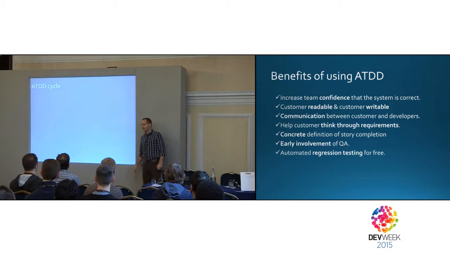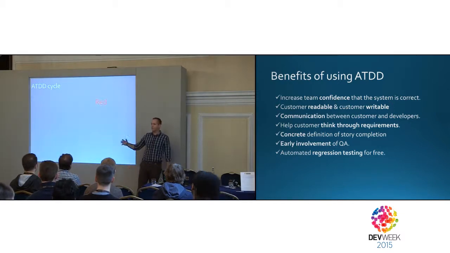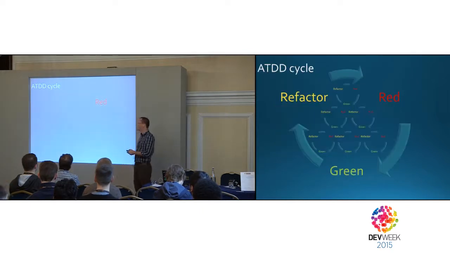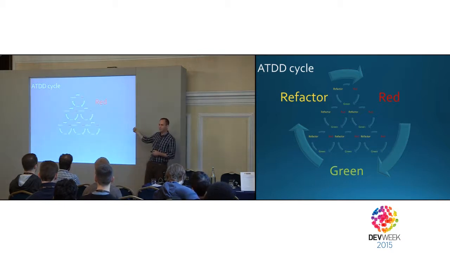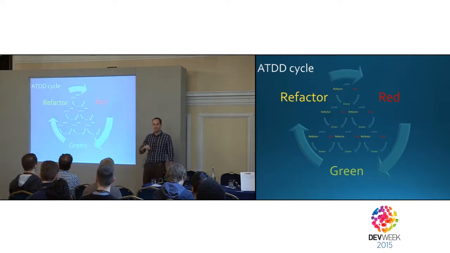So the ATDD cycle. We talked about the TDD cycle. Let's talk about the ATDD cycle. We start with red, but this time it's a failing requirement. That's a big theme. Could take days to implement. So in the meantime, what I'll do is use TDD to actually make that requirement pass. I'll do a bunch of unit tests along with those acceptance tests until it turns green. I might need to refactor, but usually no, because I did it as part of my TDD cycle.